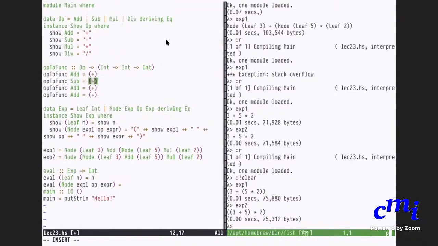Op to func of subtraction is just the minus operator. Op to func of null is the star operator. This is div because integers, right? So you have to work with div. Okay. So we have all this ready. Now, how do you write this? So now, what is evaluation of?